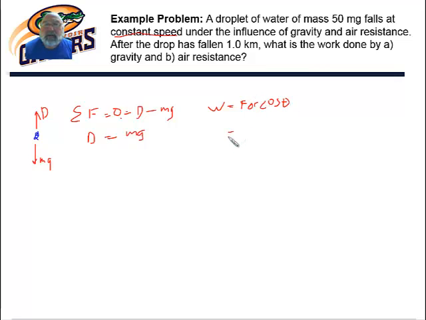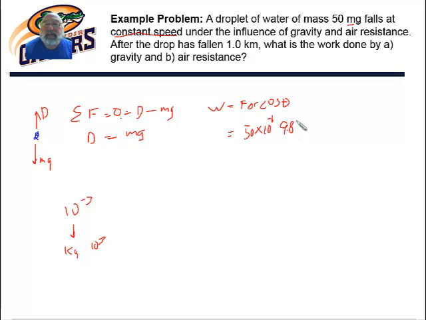Well, if we're doing the work done by gravity, the force of gravity is equal to m times g. Well, our mass is 50 milligrams. Milligrams is 10 to the minus 3 grams, and we need to turn that into kilograms, which is 10 to the 3 grams. Well, if you see, there's a 10 to the 6th difference. A milligram is 10 to the 6th times smaller than the kilogram. So that would mean that we have 50 times 10 to the minus 6th kilograms